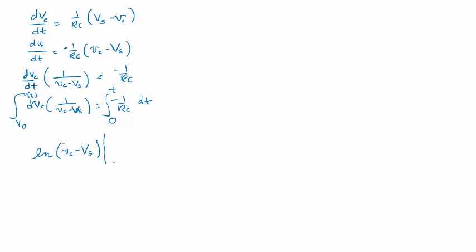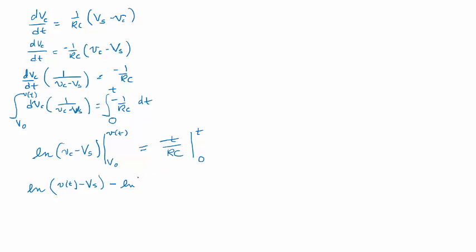And my limits of integration are from my initial conditions right there. And on this side is minus t over RC going from 0 to t. So these are definite integrals this time. So let's go ahead and plug it in. So plug this one in first: V of t minus Vs